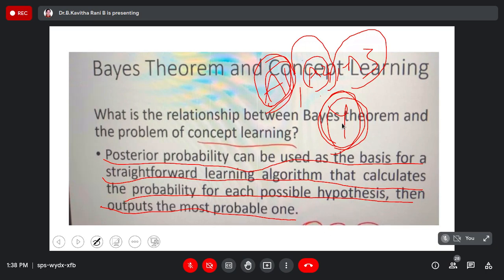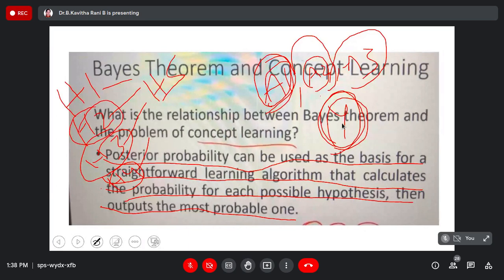Why did we use it? Probability tells how accurate a particular hypothesis is. If you have hypotheses H1, H2, H3, H4 in the hypothesis space, we have to see which hypothesis is the best one. For calculating the probability of these hypotheses, or knowing the likelihood of which one is consistent with the training examples, we will be attaching the Bayes theorem probability concept to concept learning.